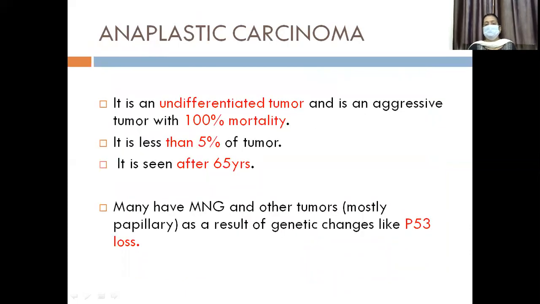The fourth one is anaplastic carcinoma. It is an undifferentiated tumor. I've spoken about well-differentiated tumors. Well-differentiated means you know, while looking at the tumor, that this belongs to thyroid, this belongs to skin. In an undifferentiated tumor, you can't say anything like that. It is aggressive. It is less than 5% of thyroid tumors, and many have a history of other tumors, as a result of genetic changes that happen in